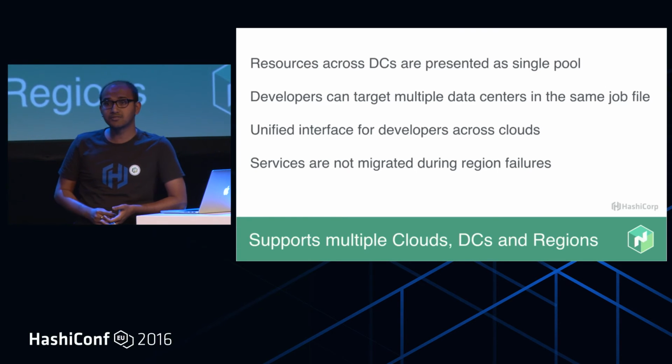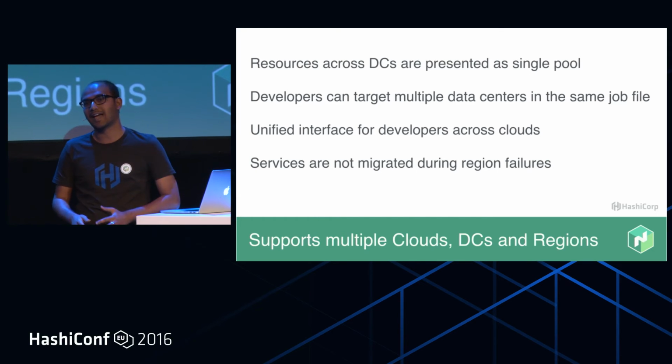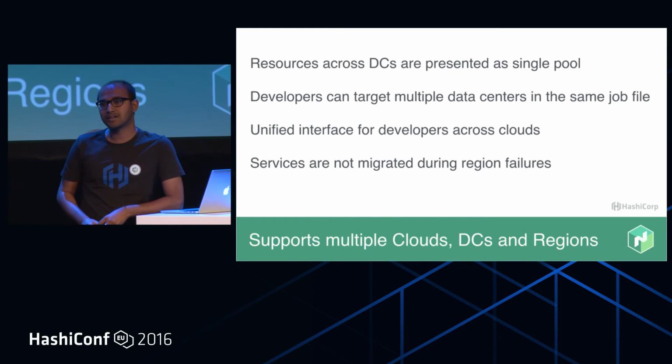The reason why we didn't do it is because different regions have different characteristics, and also there is data gravity, right? If you're running a database, most likely if you're running an ACID database, you're not going to be replicating that database across regions. If you're running a distributed data store, sure, you're going to be moving your data between regions. And also, prices of instances differ based on which region you are in.